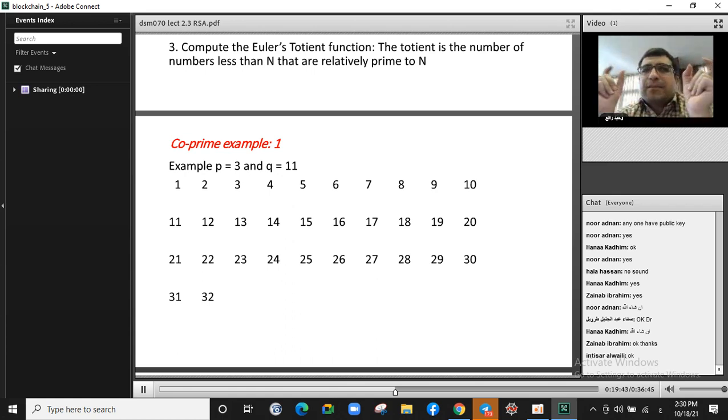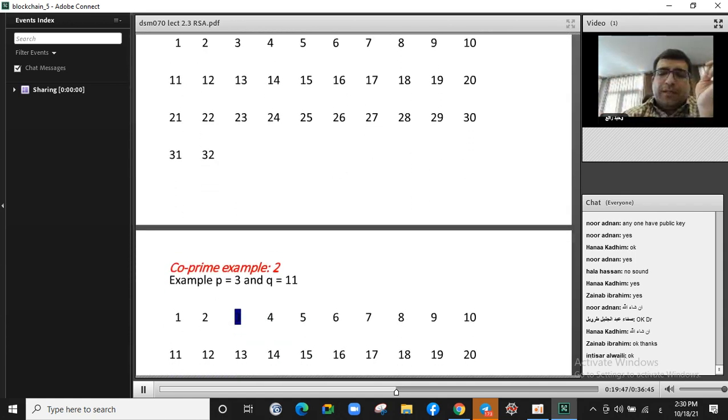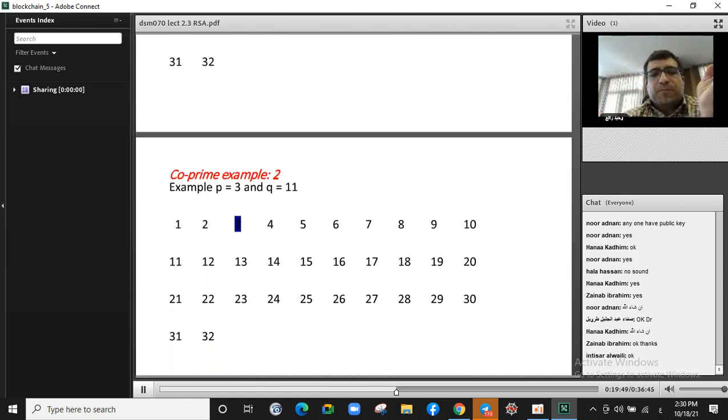So 3 and 33 are not coprime. So I eliminate 3. Not only 3, but also 6, 9, 12, 15, 18, 21, 24, 27, and 30, because